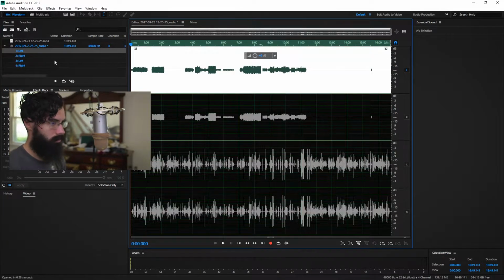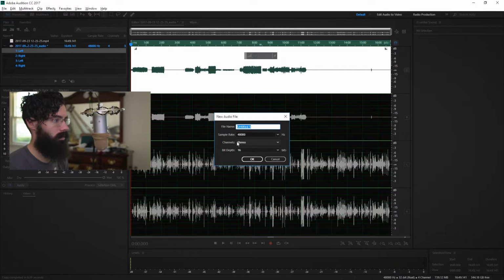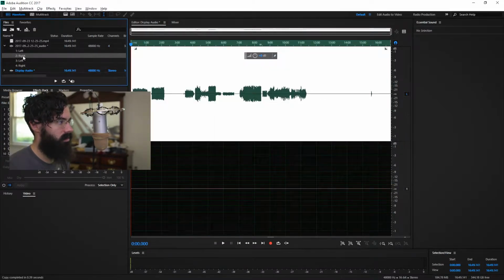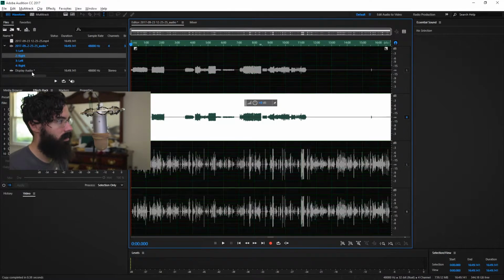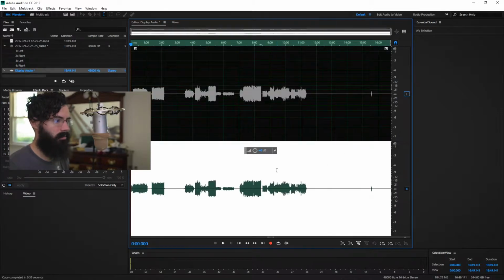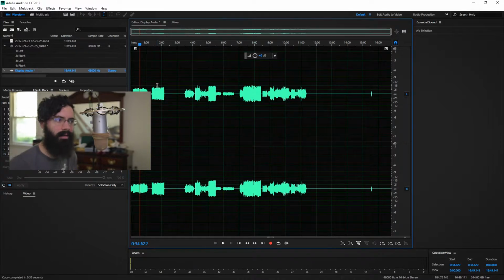So what I do, select that guy, create a new audio file. We'll just call it display audio, because I think that's what OBS calls it. I will mute the right channel, paste that there, do the same thing with that guy, copy, display audio, enable right, disable left, and boom. Now we have a stereo file. That seems a little complicated. That's just the workaround I've done right now, figuring out how OBS works.